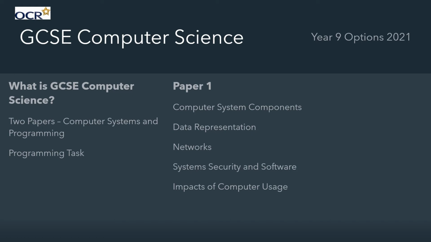That's quite chunky, but it gives you a nice world view of not only what happens inside the computer, as we model real world models, as I said before, but also how it's being used in various applications and the impact of that upon the way that we live, work, and play.